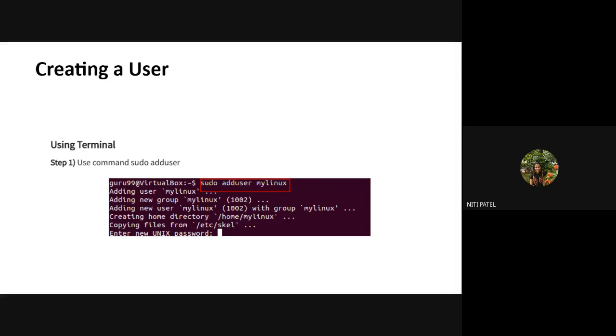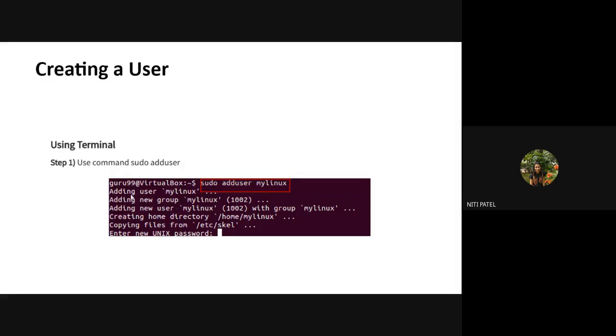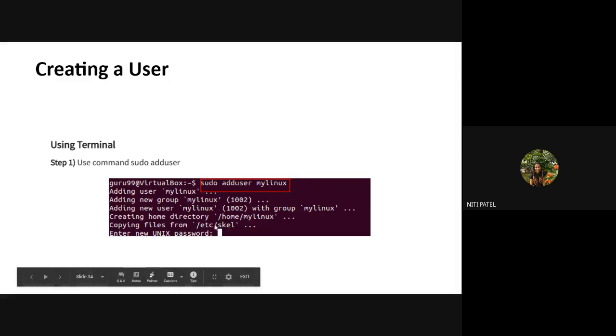We had seen a command, sudo adduser username, which is used for adding a user in Linux. Again, since you have used sudo, it will ask you for the password. After you supply the password, it will show you these instructions to add a user. So your username is getting added, then it is also getting added to some other group. Then its own home directory is getting created with the name of the user. Then it is copying some files from /etc/skel.